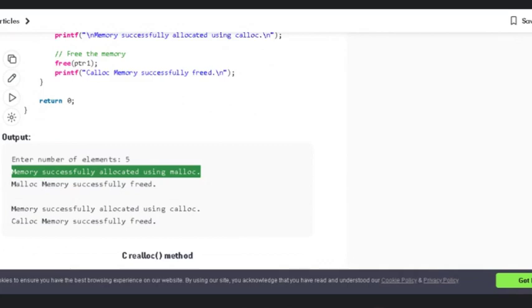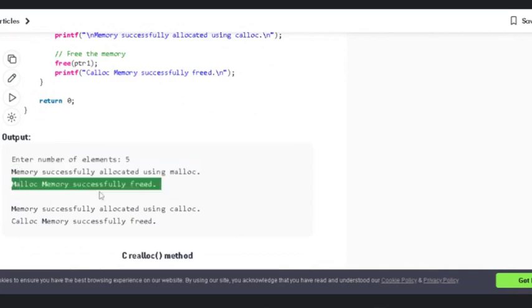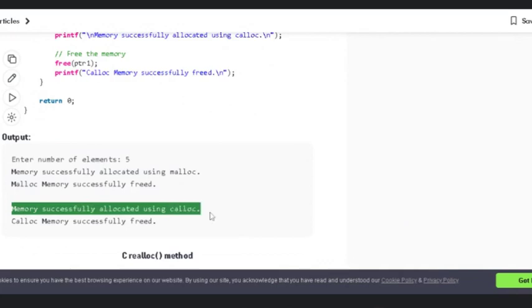And after that, we are freeing the memory allocated for the ptr variable, and that is why it says that malloc memory is successfully freed. Okay, that statement is printed. After that, we are freeing the calloc memory, that is ptr1.